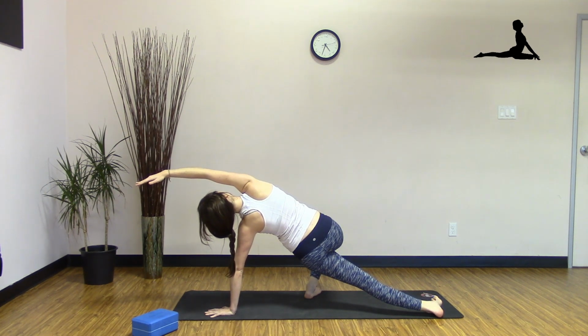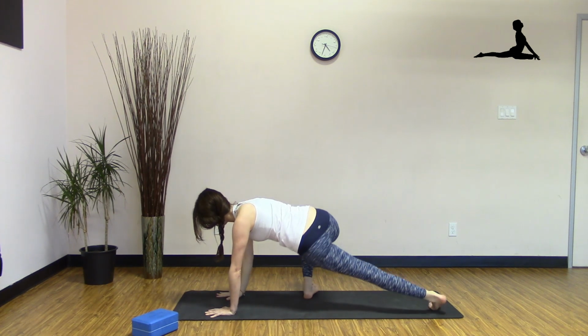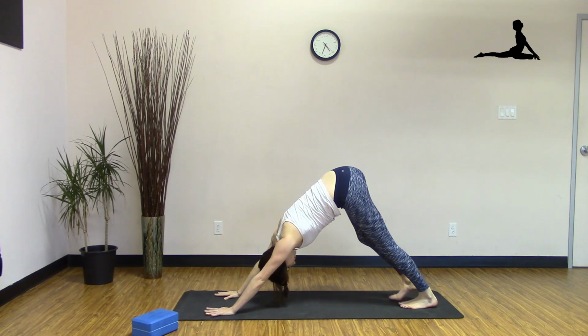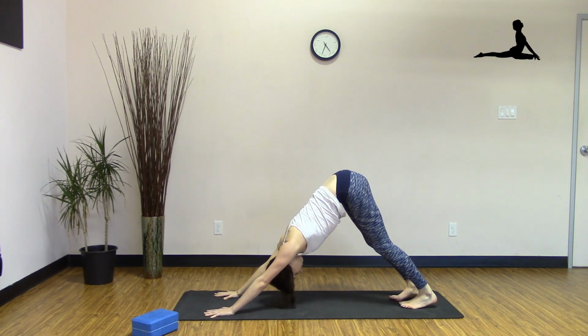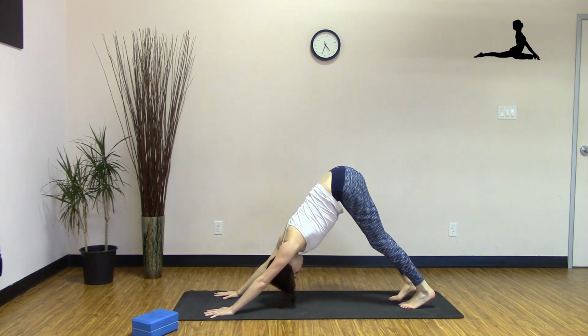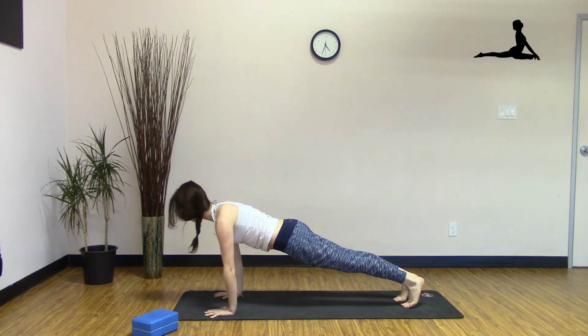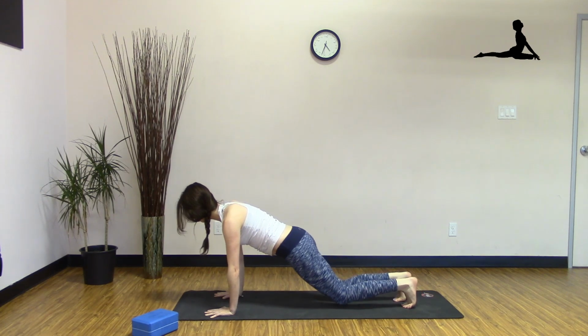Take one more inhale here, maybe to get a little bit more lift through the lower body, and then drop your right palm down, find your downward facing dog once more. Feet hip width distance apart, soften the neck. On an inhale, come forward into plank pose, heart reaches forward, and then let's lower our knees down onto the